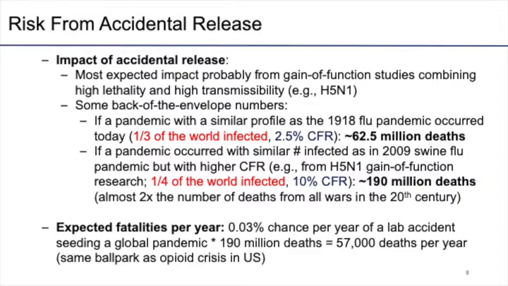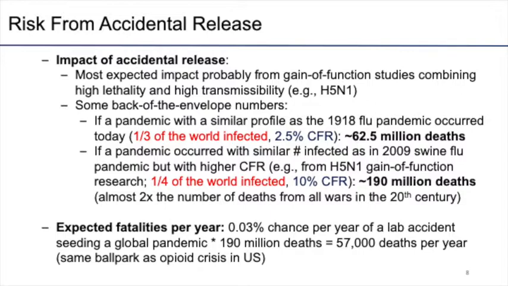So if we look at some back-of-the-envelope numbers, if we ended up having a pandemic with a similar profile to the 1918 flu pandemic, which involved infecting about a third of the world with, again, a 2.5% case fatality rate, in terms of today's world population this would lead to about 62.5 million deaths. If we look at a pandemic that had a similar profile to the 2009 swine flu pandemic, but with a higher case fatality rate, so this is perhaps what a lot of people were fearing the swine flu pandemic would be in the first place,